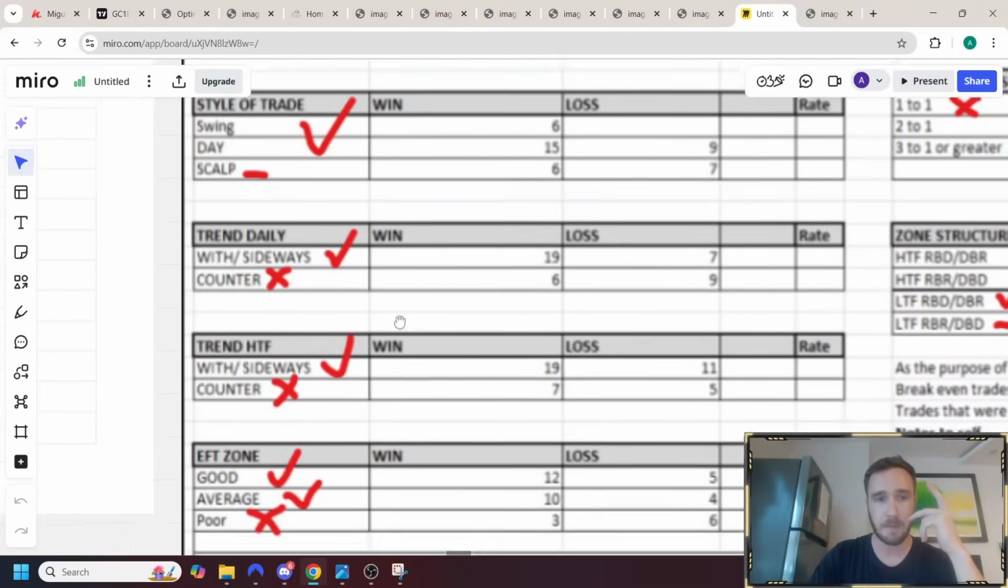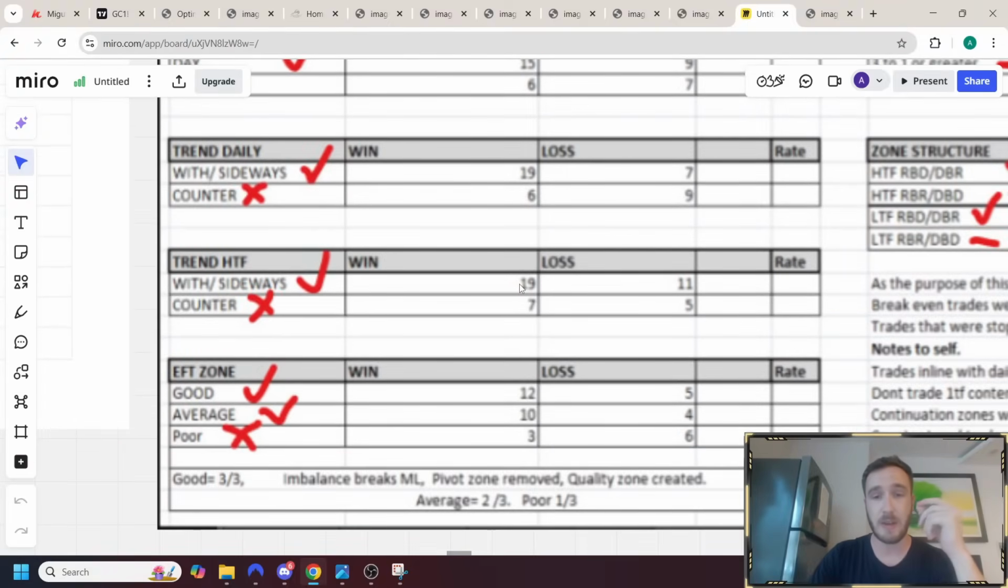Same thing here, trading with the trend: 19 winners, 11 losses. Counter trend: 7 winners, 5 losses. Honestly, 9 times out of 10, when I do a one-on-one review with traders, I even just did one yesterday, and we were looking at his stats, they all come to me with the same stats. But it's until you see it for your own experience that you're going to start believing in it, and you'll be more disciplined